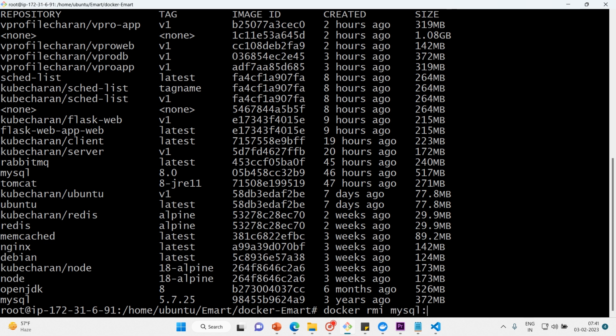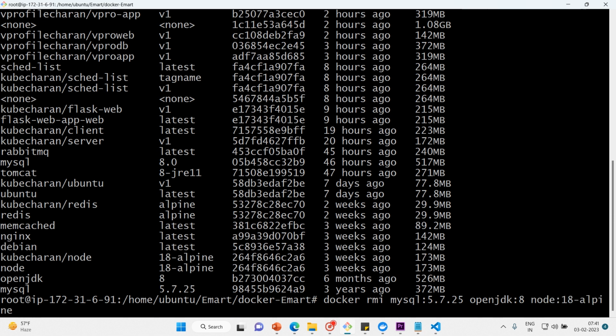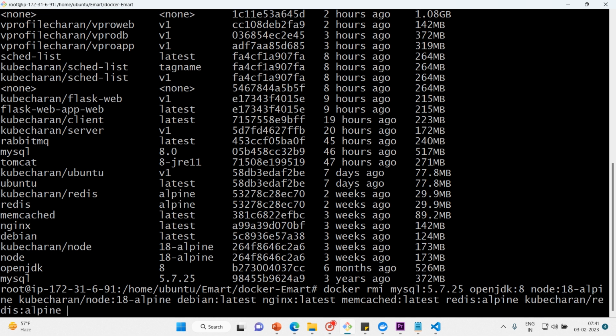MySQL 5 and OpenJDK 8, Node Alpine and CubeCharan Node Debian. Yeah, done. And Nginx latest, Memcached latest, Redis, Redis Alpine, and CubeCharan Redis Alpine, Ubuntu latest, CubeCharan Ubuntu, and Tomcat,